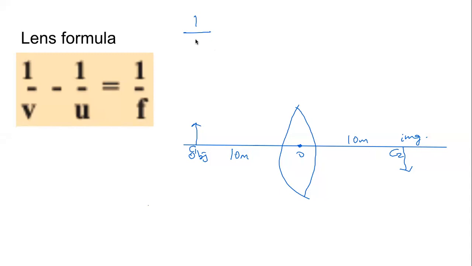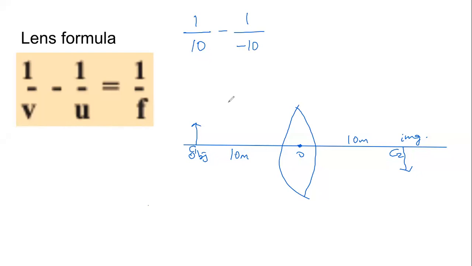Image distance. Khadija is saying minus 10. Why is it minus 10? Where is the image? Image is on the right hand side. Why should it be minus 10? The right hand side is positive, so it is 10. Be careful. Now we have a minus. Now we have a 1, and then I have to write U. Now be extremely careful and tell me what is U in this case. Minus 10. Very good. Minus 10 because the object is 10 meters in front of the lens. It is on the left hand side, so it is minus 10.